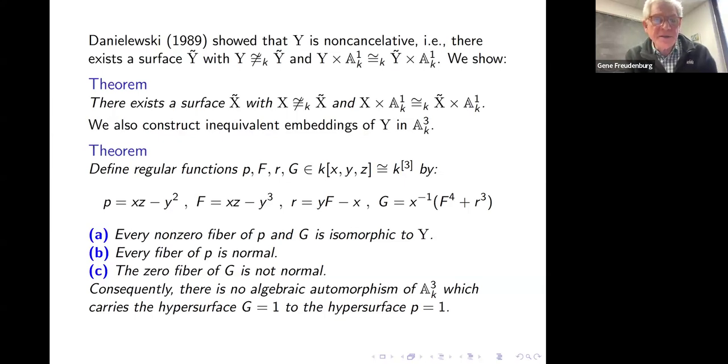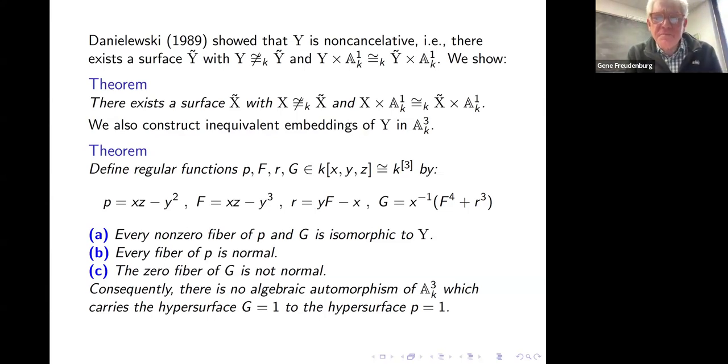P is xz minus y squared, so we're looking at fibers of P. And I need to use this cubic polynomial f and then polynomial r and another polynomial g defined in this way. So f and g are going to end up being the generators of the kernel of a locally nilpotent derivation and so forth. But without going into those details,